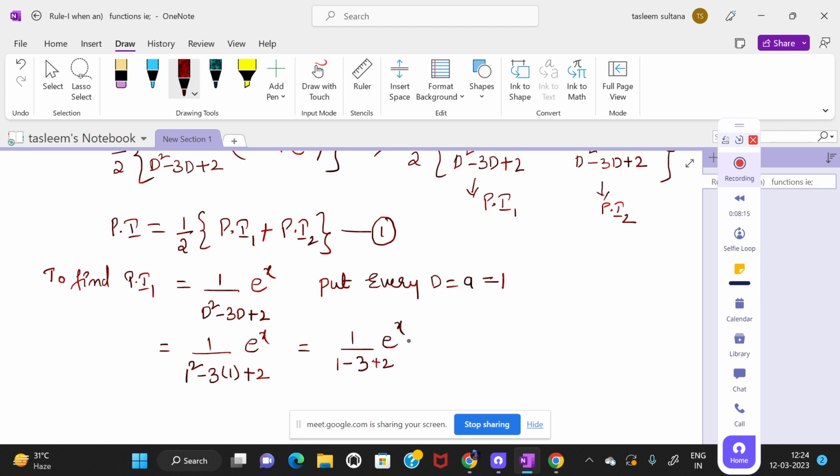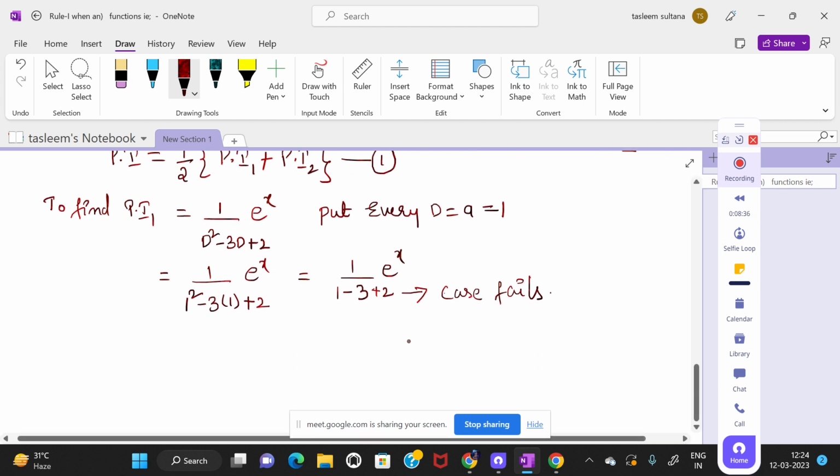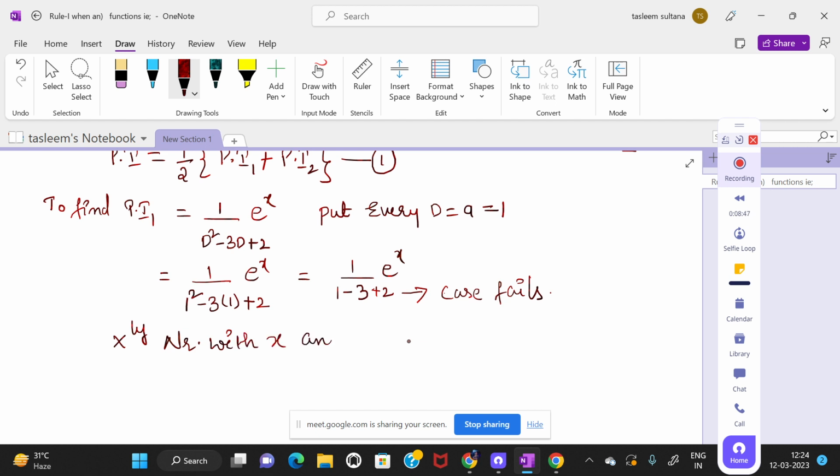Now what is happening here? Divided by 0. So you're not going to write it equals infinity. It's a case fails, because our f of a is becoming 0. When the case fails, you have to multiply the numerator with x, and differentiate,